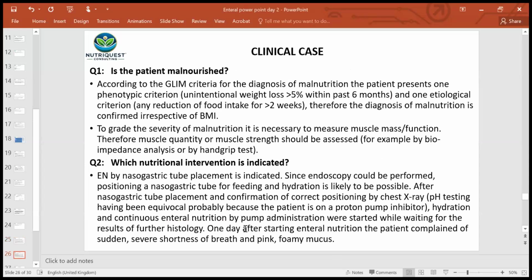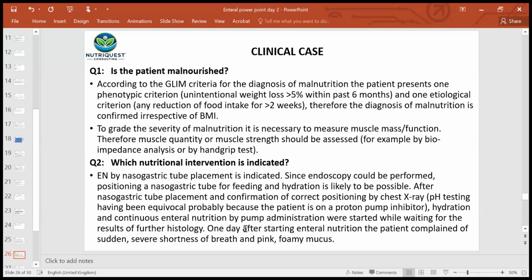So according to the GLIM criteria, GLIM is basically the Global Leadership Initiative on Malnutrition. And remember, yesterday we also learned some things about malnutrition classification, about phenotypic and etiological. But let's look at this. For the diagnosis of malnutrition, the patient presents one phenotypic criterion: unintentional weight loss of more than 5% within the past 6